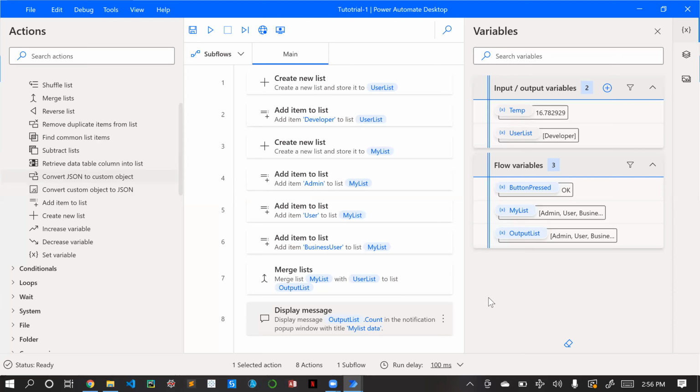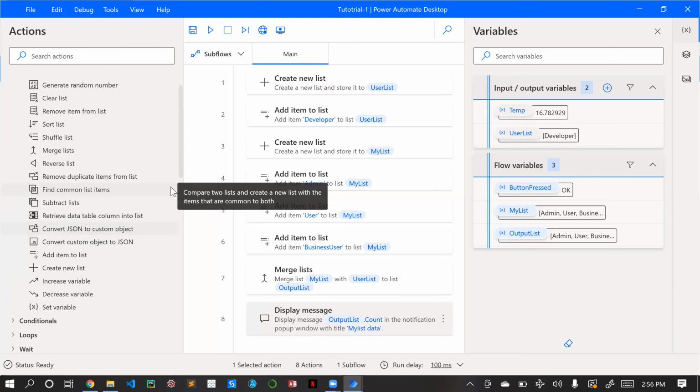Okay, so in our next session we will be continuing with loops and we will be seeing about if conditions, and we will be going into how to manipulate Excel, how to work with web applications, how to work with desktop applications, and many things.